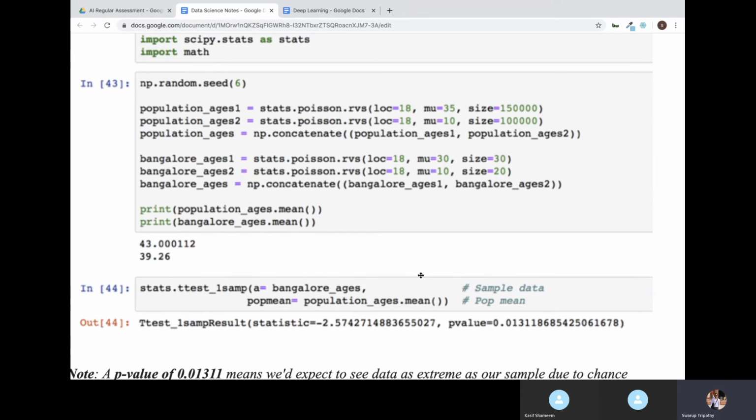That is like Bangalore age 1, you can put the average as 35 instead of 30. Then again do the test, then you will come to know. When the average is similar, your p value will be greater than your significance value. As the average is different here, that's where it has detected that both the data are different. There is some significant difference between the data. That is 250 and we are just picking 50 records. So there is some difference.